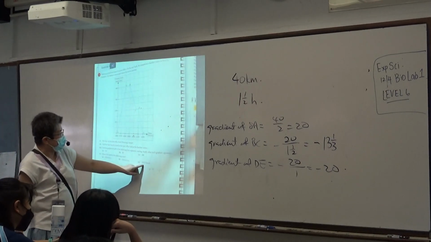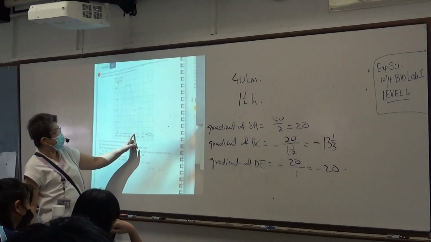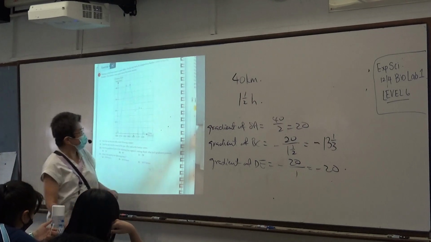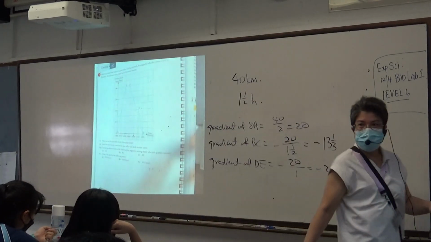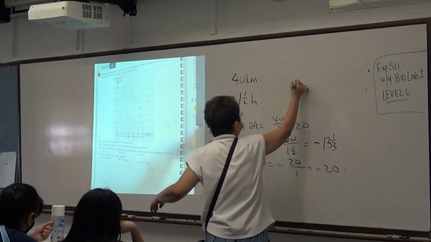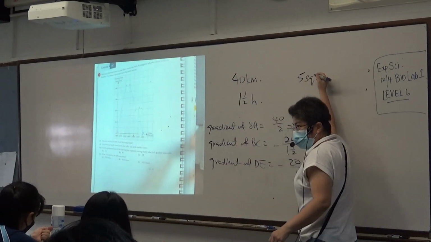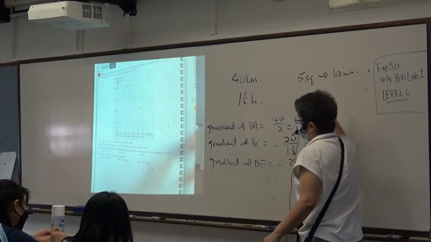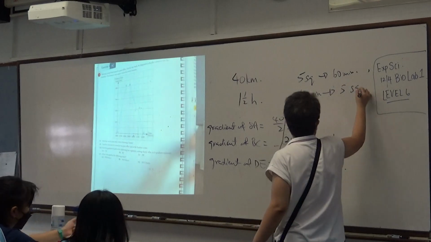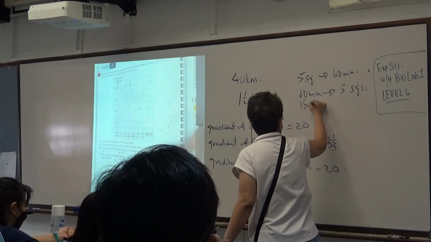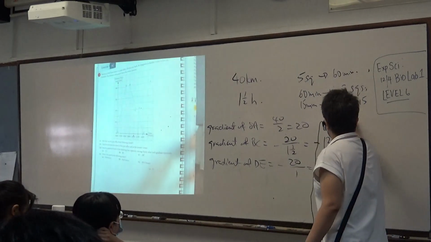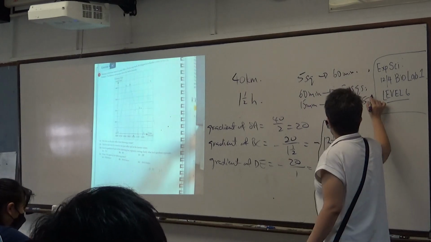What is the speed at 10:15? 10:15 is somewhere, this is half, so 15 is somewhere here. Let us count. 10 to 11. 5 squares is 60 minutes, right? Well, that means I can say 60 minutes is 5 squares. How about 15 minutes? 5 over 60 times 15, right? Okay, this is a 1, this is a 12. Divide by 3, I get 5, divide by